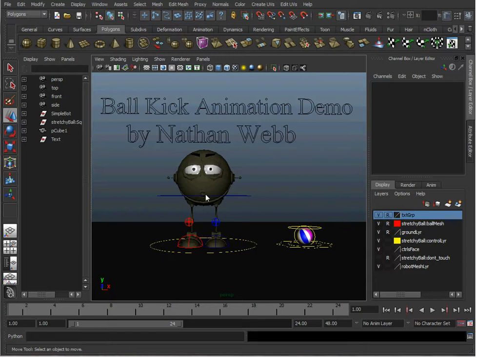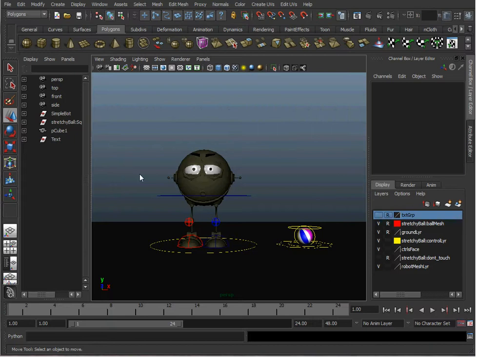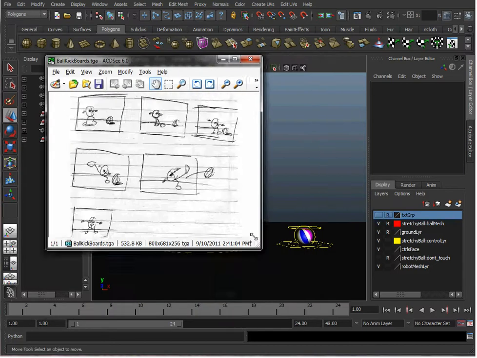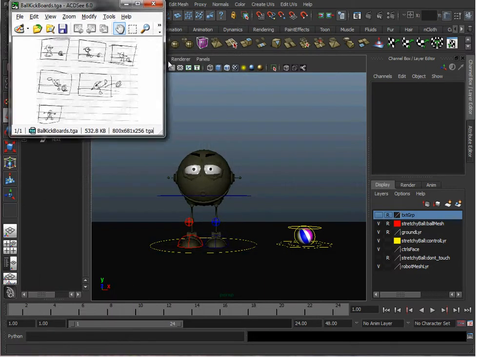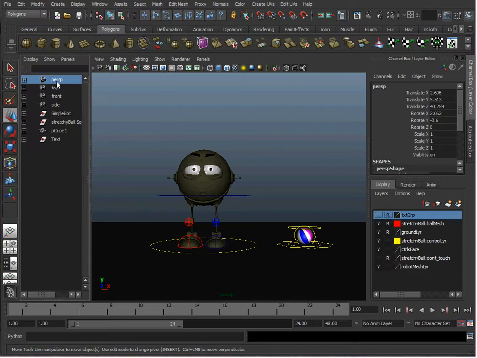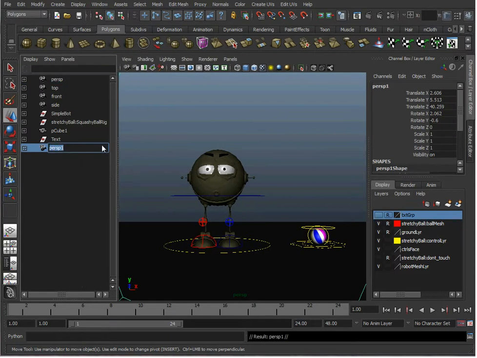To get started, I'm going to bring up my storyboard and pose the character like the storyboard. I want to make a camera. I always want to animate to the camera, so I'm going to create a new camera. I'll go to perspective and duplicate it with Control D. I'm using Maya 2011 in this, but all these things should work in most any version of Maya. I'll call it render cam,